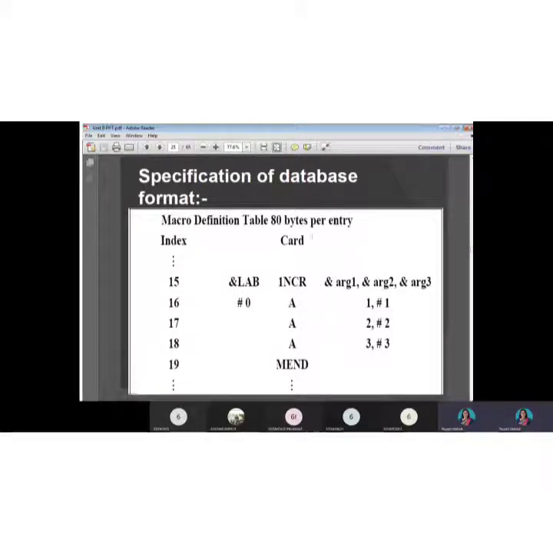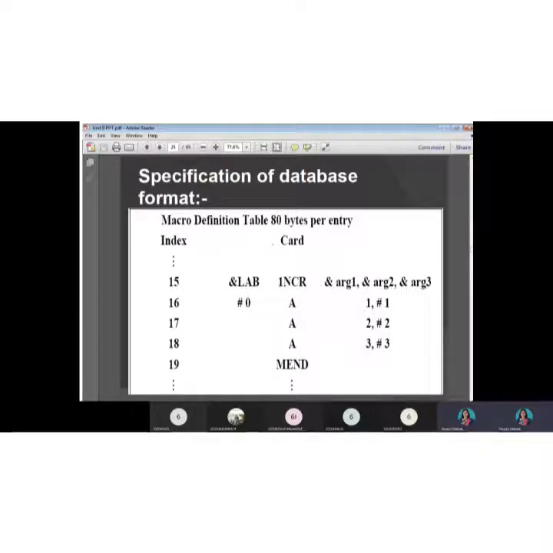And what is the card? Card stores all the instructions defined in the macro definition starting from the macro name. The first instruction will be the macro name. Generally when we define a macro, the very first instruction is MACRO followed by the macro name and then MEND.